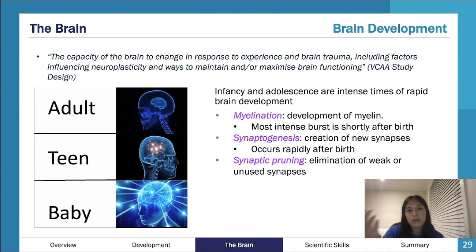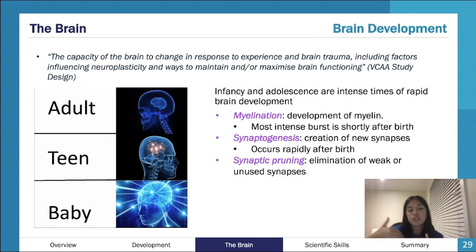Myelination, you might be familiar with the concept of myelin that happens on the outside of your axons, and it's very important for insulation. Just like an electrical cord that's got its little insulating tube, it's the same thing for a neuron. It helps increase the efficiency of the electrical impulse,